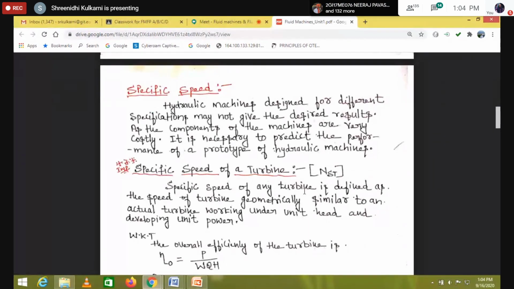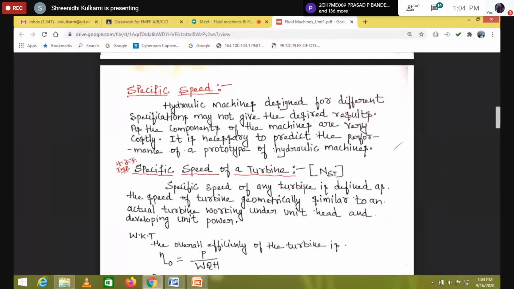For that, I will consider everything as a unit. Suppose we come to a power generating turbo machine, I will call it a turbine. For the turbine, the power is very important. Similarly, in power absorbing turbo machines, the discharge is very important. For that purpose, first we are going to build one prototype and do the performance test there. Once we get the desired result, then we will scale it up.